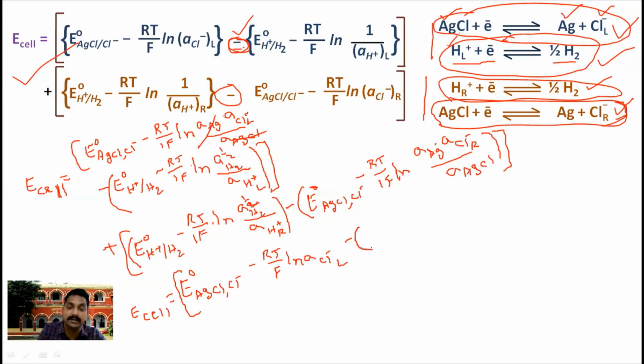माइनस E नॉट H प्लस टू H2 माइनस RT बाई F Ln एक्टिविटी ऑफ हाइड्रोजन 1 लिख सकता है, तो 1 पावर 1 बाई 2 1 है, तो बचा क्या है? 1 डिवाइडेड बाय एक्टिविटी ऑफ H प्लस ऑन लेफ्ट हैंड साइड। यहाँ ब्रैकेट इसीलिए लिखा कि ब्रैकेट का बाहर माइनस है, प्लस ओवरऑल